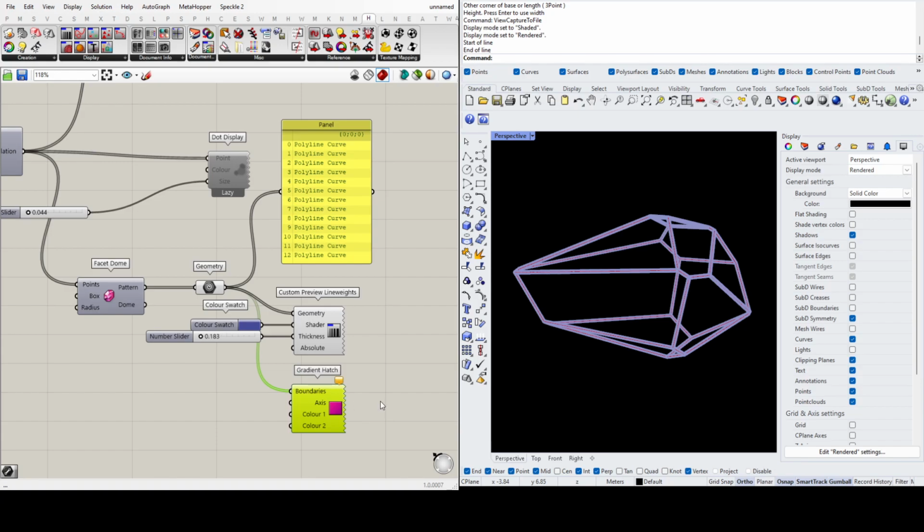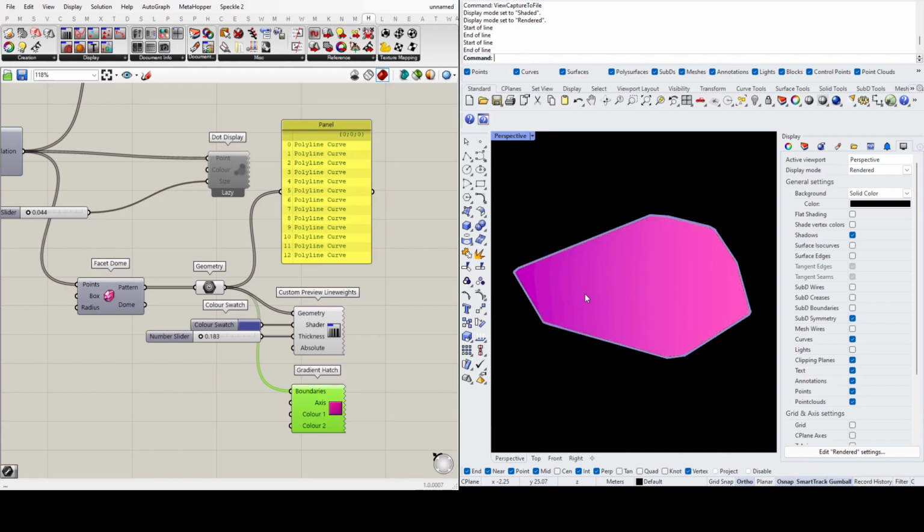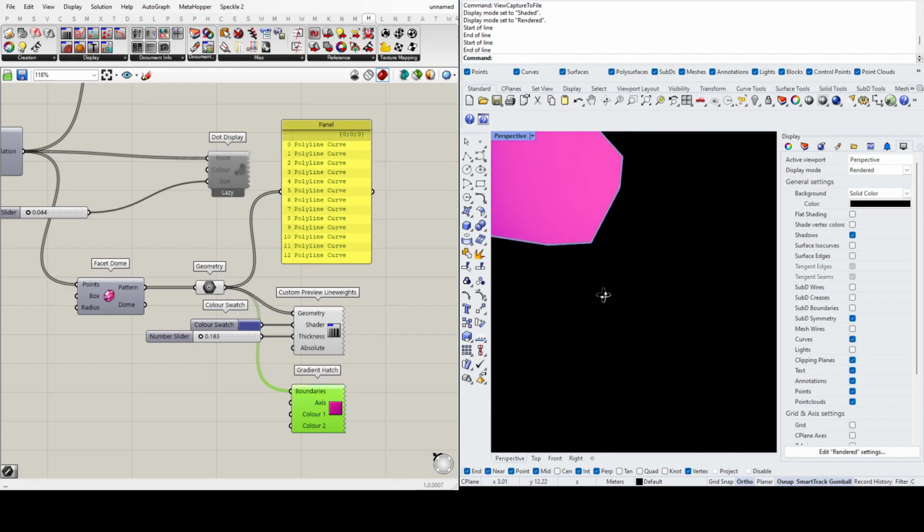So you have these faceted curves, so I'm going to put the same curves in here. And then axis, you can actually specify an axis for your gradient, okay? So I can either pick points from this thing, or I can just set one line and I can just draw a line that goes straight,